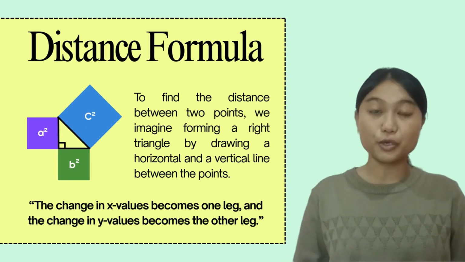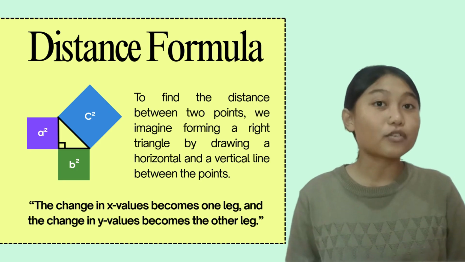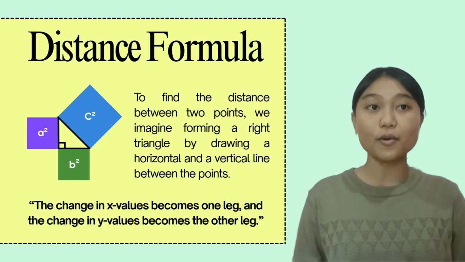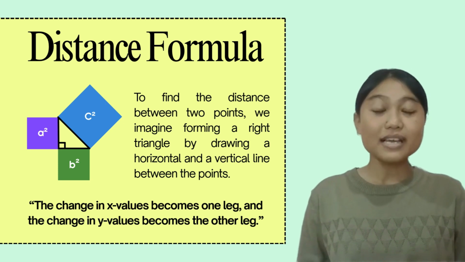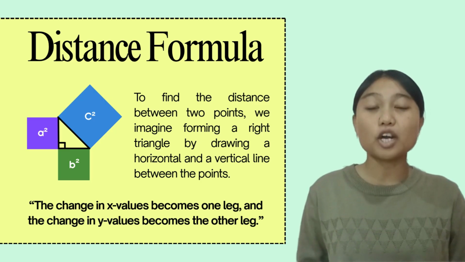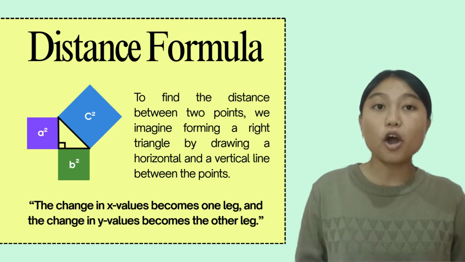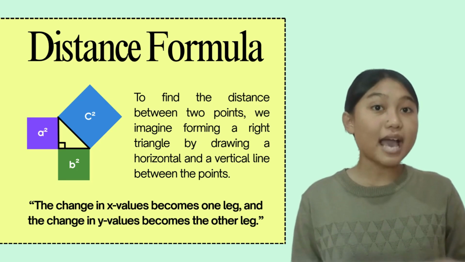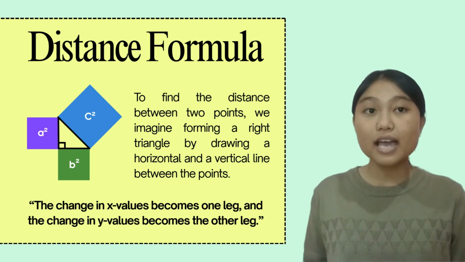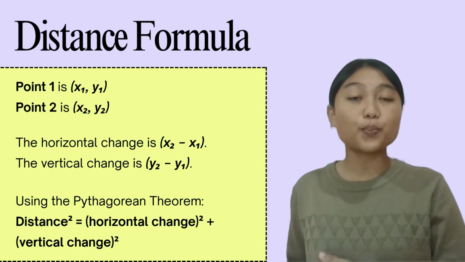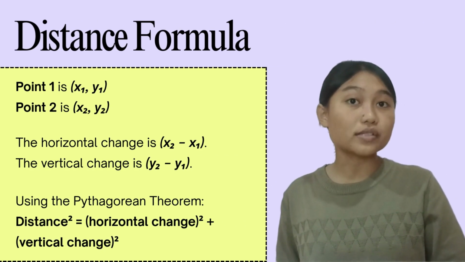Remember the Pythagorean theorem? It says that in a right triangle, the square of the hypotenuse is equal to the sum of the squares of the two legs. To find the distance between 2 points, we imagine forming a right triangle by drawing a horizontal and a vertical line between the points. The change in x values becomes one leg, and the change in y values becomes the other leg. So if we have 2 points, in which point 1 is x sub 1 and y sub 1,